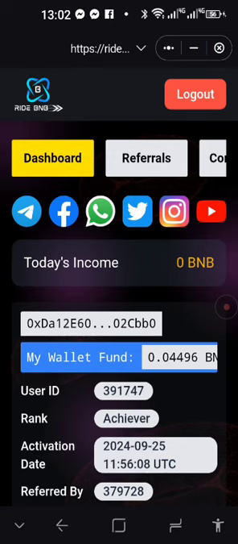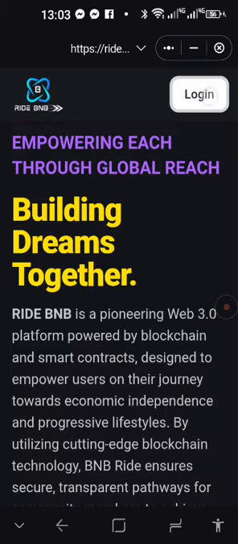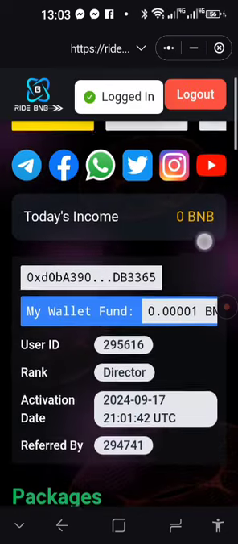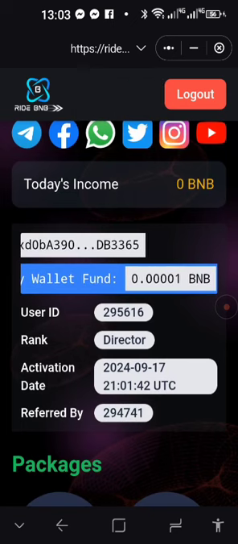RainBNB is going to be exactly the same. The back office just looks different, but it's the same process exactly. Use the preview ID and then make sure that the money is in your own wallet. You see, I don't have money in my current account. It is 0, so if there was enough money there, it would have been able to upgrade that position now.